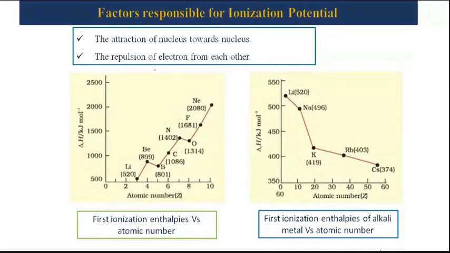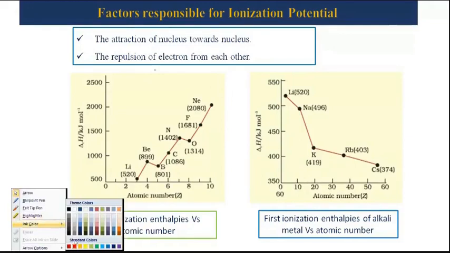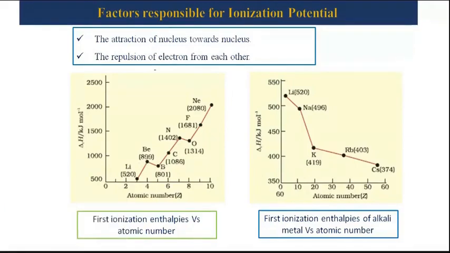Okay, now these are the reasons which I needed to share for these 4 questions. Now come back to the point, why across the period we see some irregularities, especially if you look at this graph. Let us show it. For example, if you see beryllium, boron, nitrogen as well as oxygen,